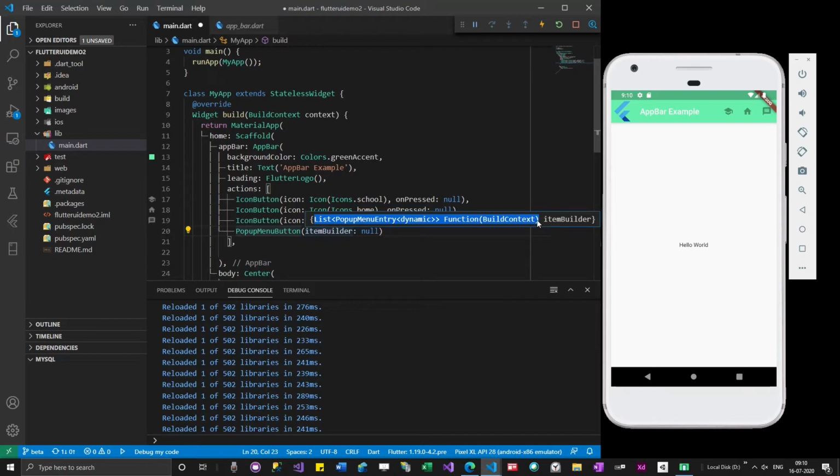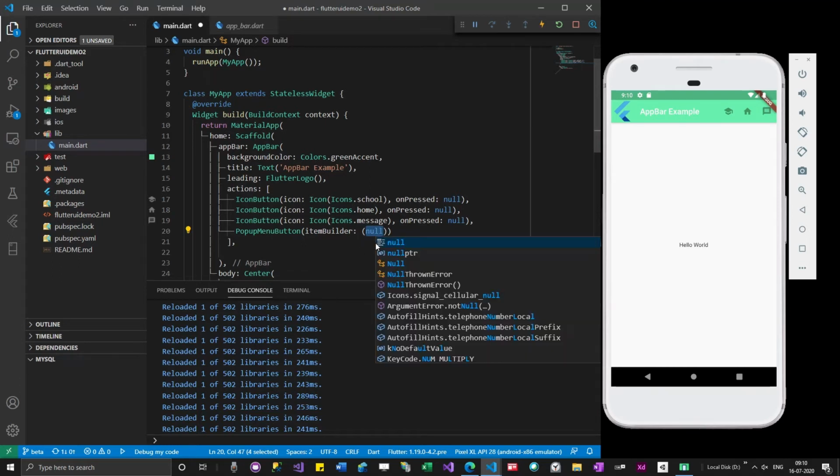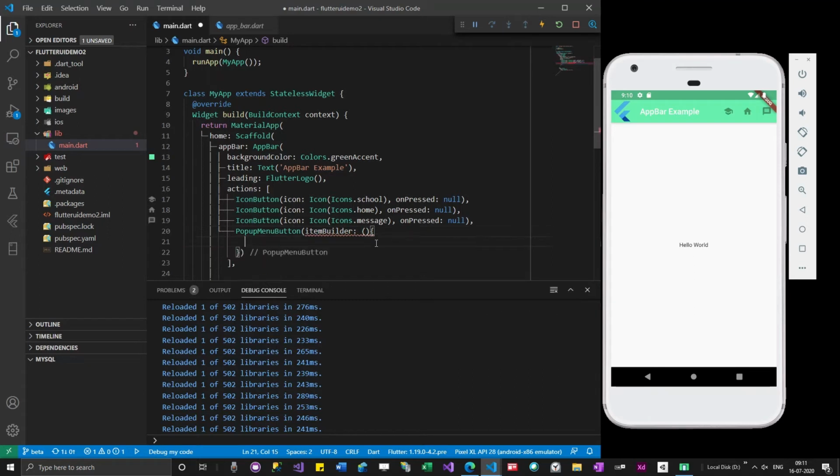context of. See, this build context terminology might be difficult to understand. What is this build context? What is this dynamic? Don't bother much about them now. When they are asking for build context, you can observe that here we are actually passing the build context. Just go ahead and pass it. This is how we can write a function. So I will just add build context over here, and then you can see that the build context is passed